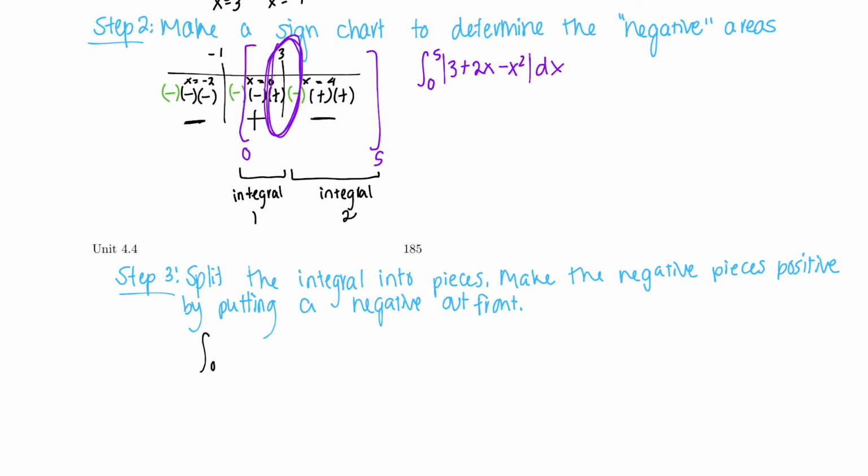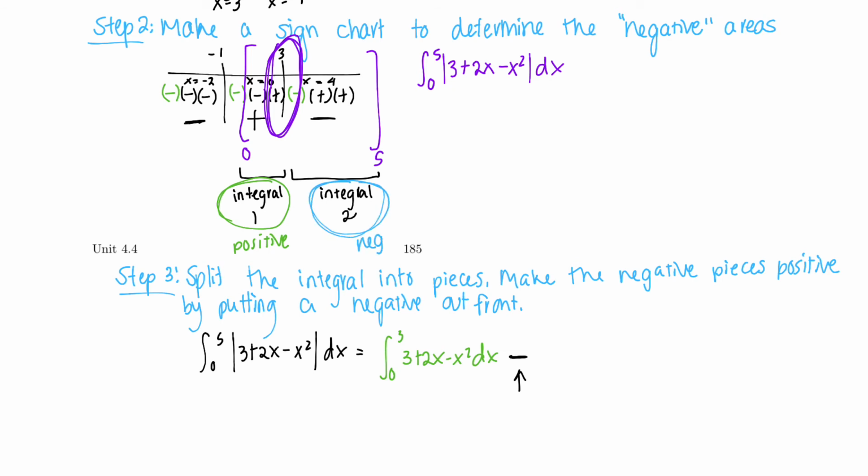So our original integral was from 0 to 5, absolute value 3 plus 2x minus x squared dx. What we're now going to do is split this into integral number 1, which was already positive. Integral 1 goes from 0 to 3. And we're just going to do the regular old function here. Then we're doing a minus sign. This is counteracting the negative part. We're doing a minus sign, and integral number 2, which goes from 3 to 5,